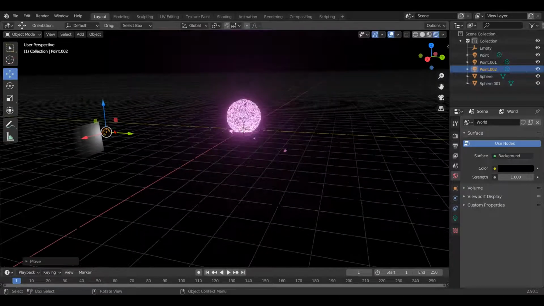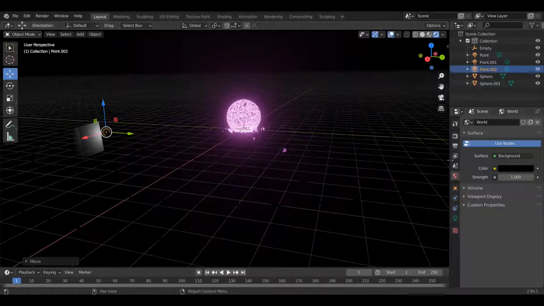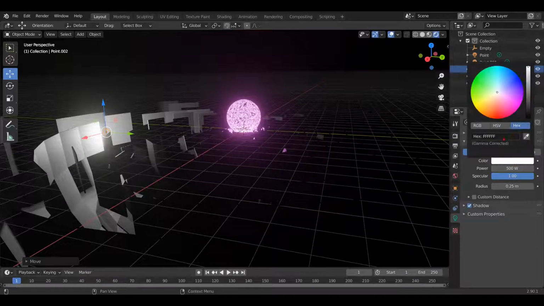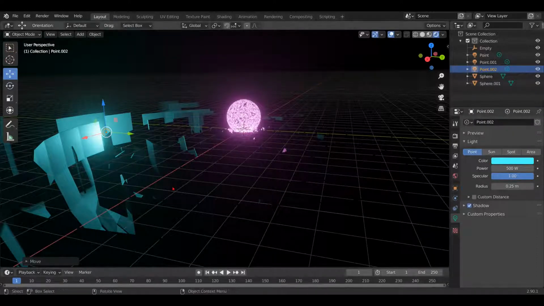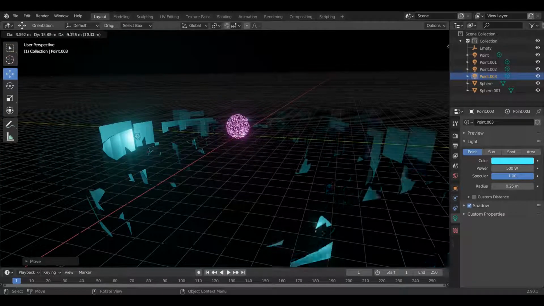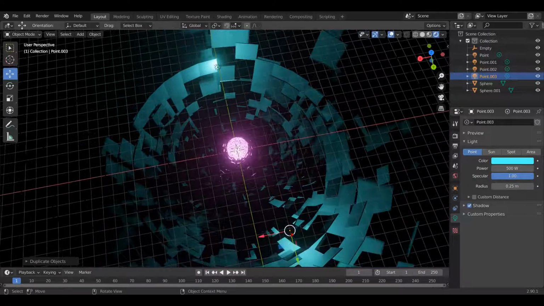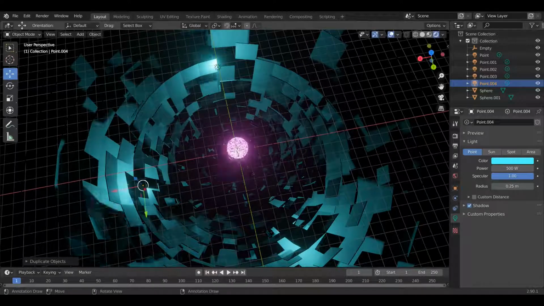Go to the light and adjust it with the help of the move tool according to your style. You have to give some time to the light setting so that your animation comes out good. You have to adjust the power and color of your light setting according to me or according to your style. I am giving blue color to this light. Then press Shift D for making duplicates of it and adjusting it to the object. I am making many duplicates of the light and adjusting them on the object.